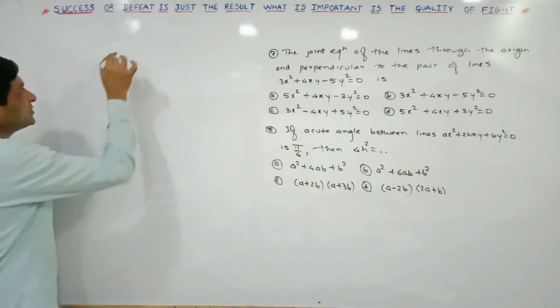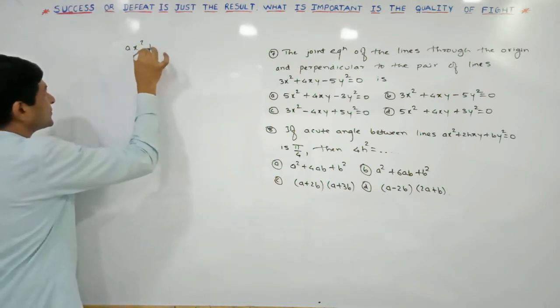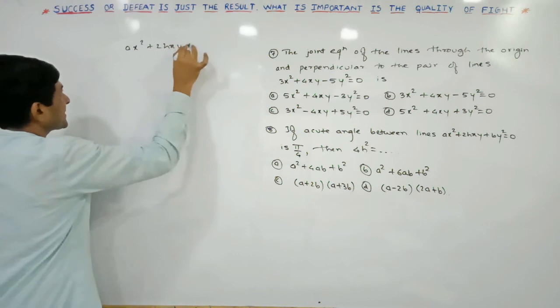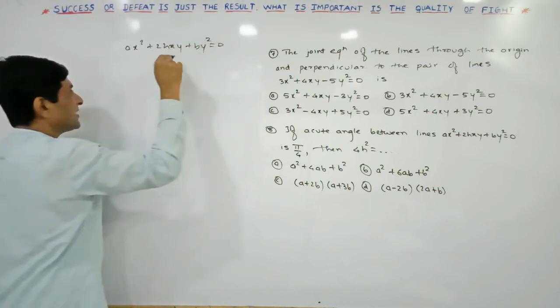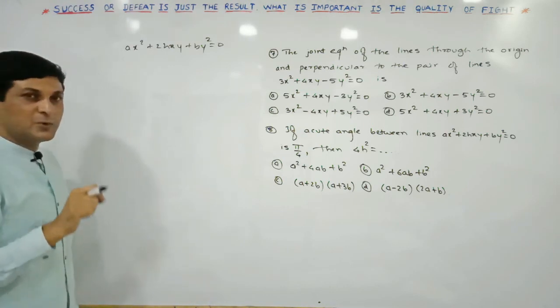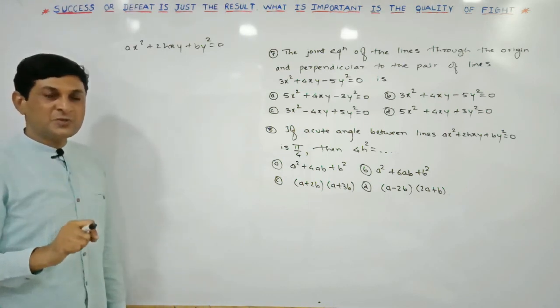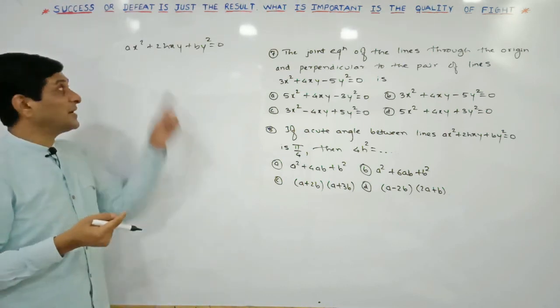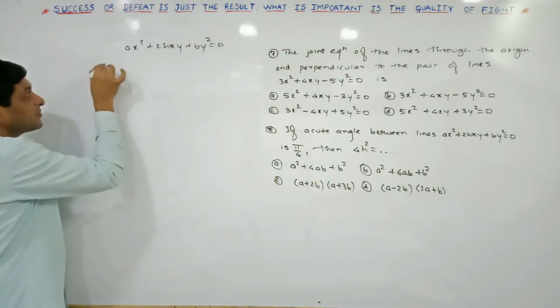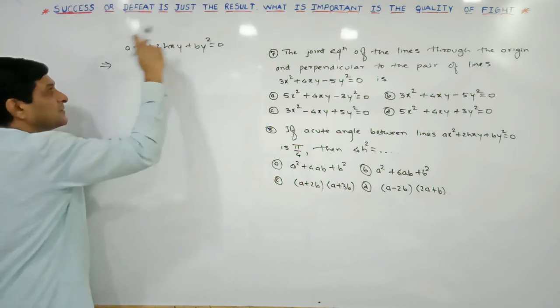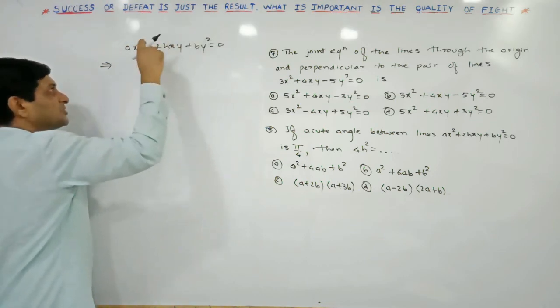So if one homogeneous equation is given to us, ax square plus 2hxy plus by square is equal to 0, we know that it represents a pair of lines passing through the origin, and if the question is to find the joint equation of the pair of lines passing through the origin and perpendicular to the lines represented by this equation, at that time our solution is just to interchange the coefficients of x square and y square and change the sign of the middle